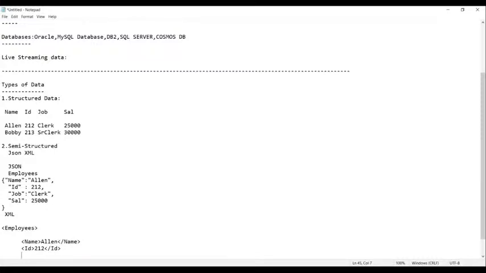Then you have what is it? Tell me now. Job. Yes, job. So use the job here. That's it. And then we have the job as what? Tell me. Clerk. So here there will be no data kept in semicolons or double quotes or single quotes. Directly the data is written like this. Clerk. And now again the closing tag. The closing tag is the job itself.